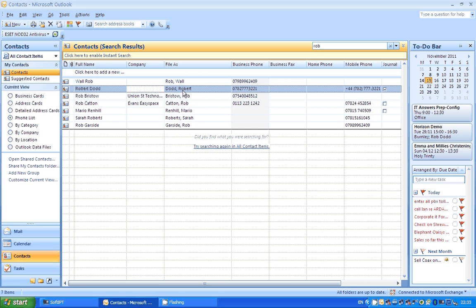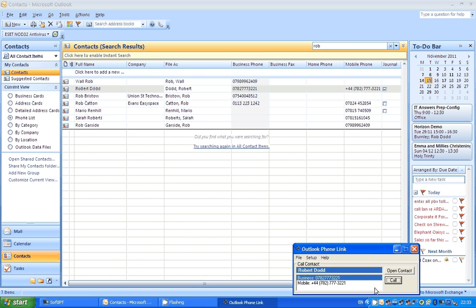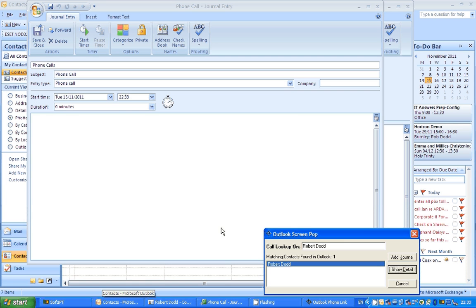Okay, so if we go into our contacts here, I've just got my number there. So you can find a number within your contacts, and you just click that. If you've got a number of different numbers in there, you can set this to call a particular number immediately without you selecting it. But at the moment, it's set to bring up the available numbers, and I can click on that, and that will actually now